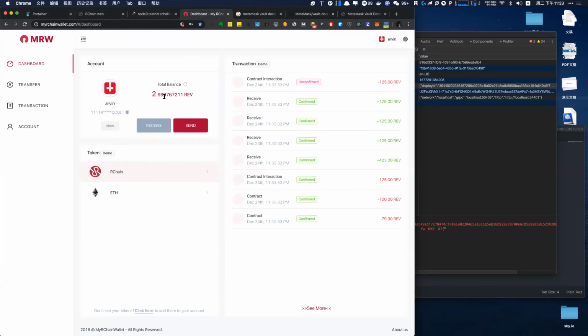You can see, when we use the check balance deploy, it costs some of our REV to make this deploy. You can see it decreases. So the message that I get, contract deploy failed, that's because of